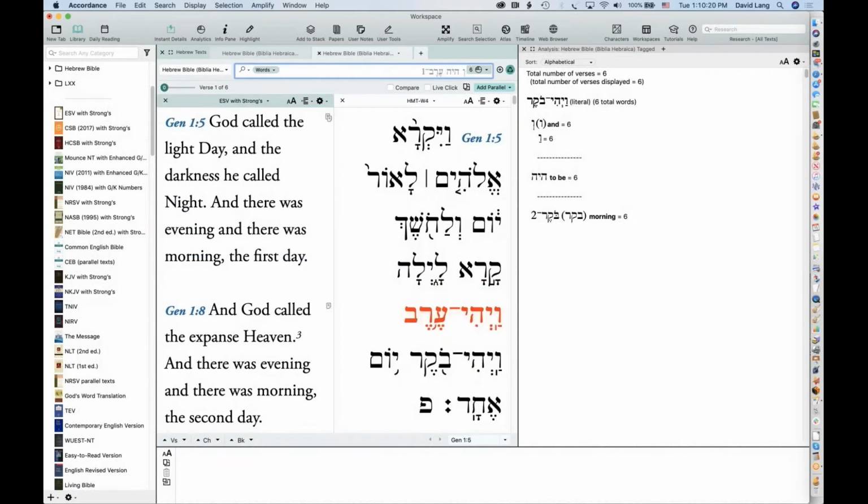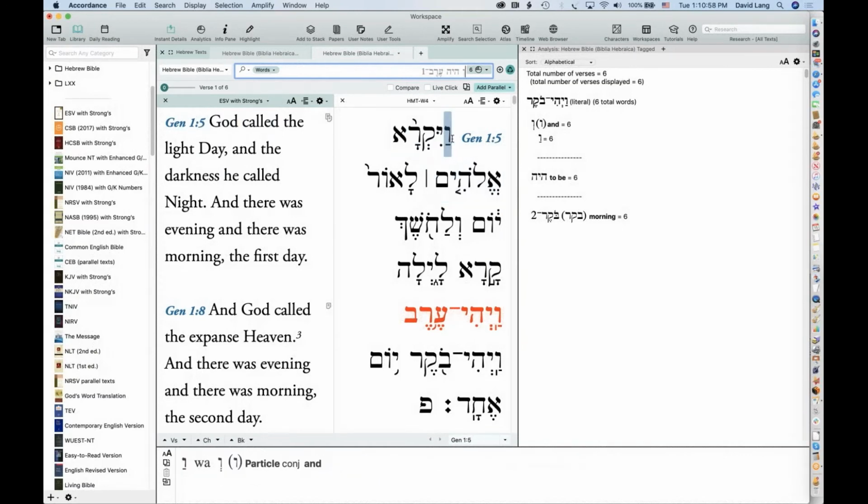But it opens up a new tab, and notice how it automatically put in the v, the haya, and then erev-1. So Accordance automatically formatted the search for me. I don't have to remember, oh wait, yehi is the inflected form of haya, and I don't have to worry about any of that. Accordance does it for me. So just be aware that you can amplify any selection of text to find that string of words, and Accordance will format the whole thing exactly right for you. So it's a really powerful feature, and it will simplify your life greatly.